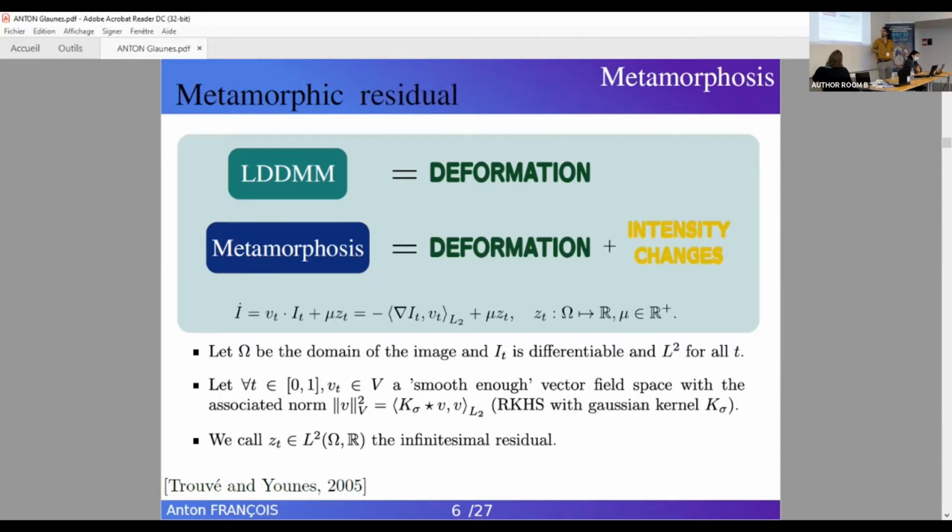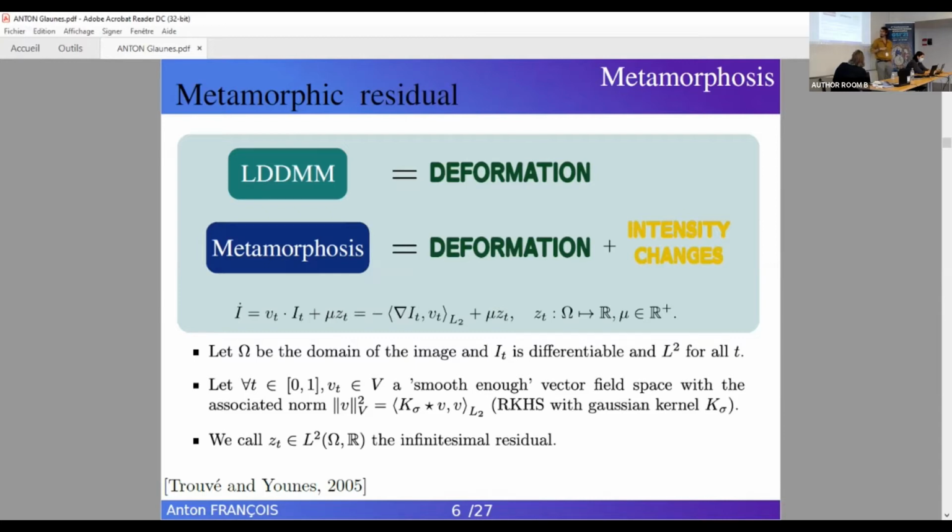Why the residuals? If we rewrite the equation and isolate z, we can see it as the difference of the temporal derivative of I minus